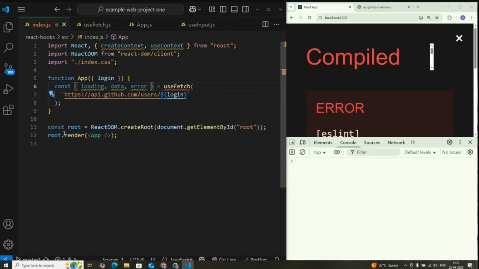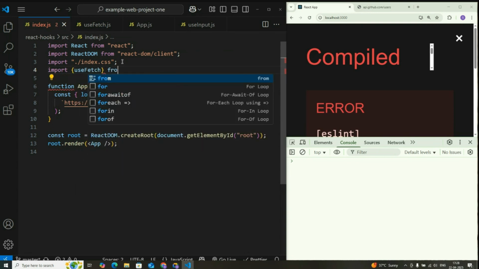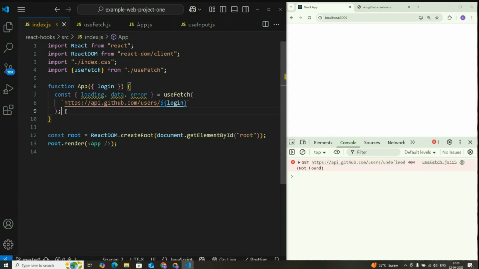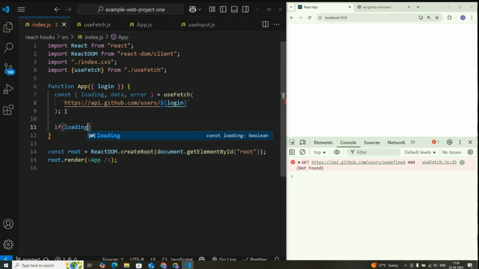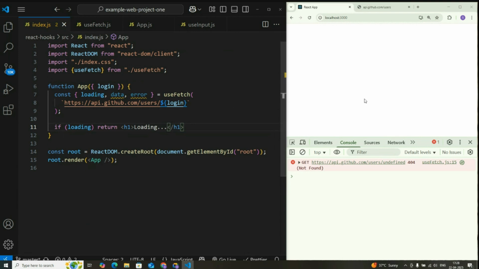We also can get rid of createContext and useContext here. Let's just grab that and get it out of the way. Now we need to import useFetch from /useFetch. There we go. And our app component still isn't rendering anything. So let's handle that. So we'll say if loading is true, then we want to return an h1 that says loading. So if you saw that really quickly, it says loading, and then it explodes